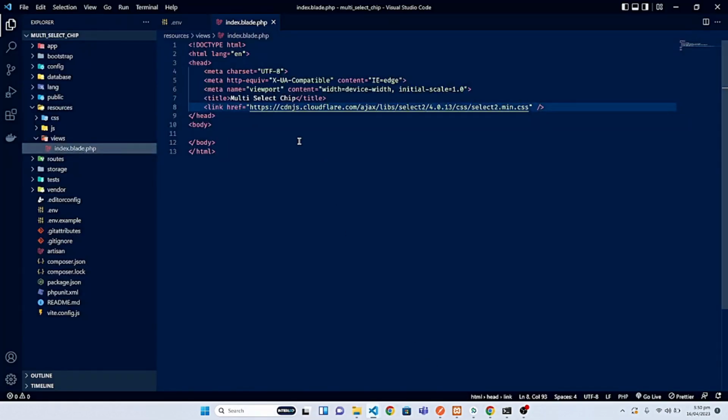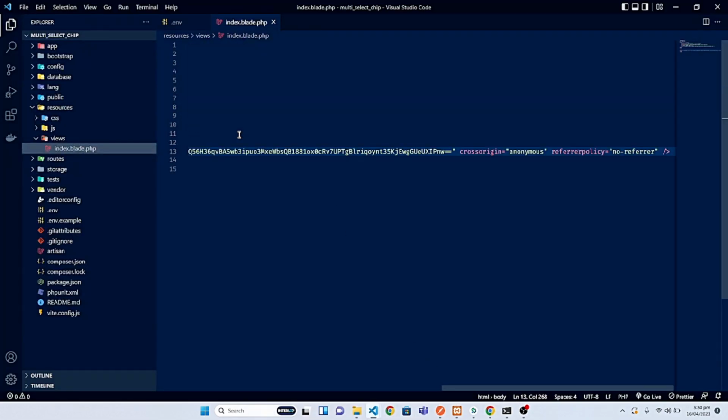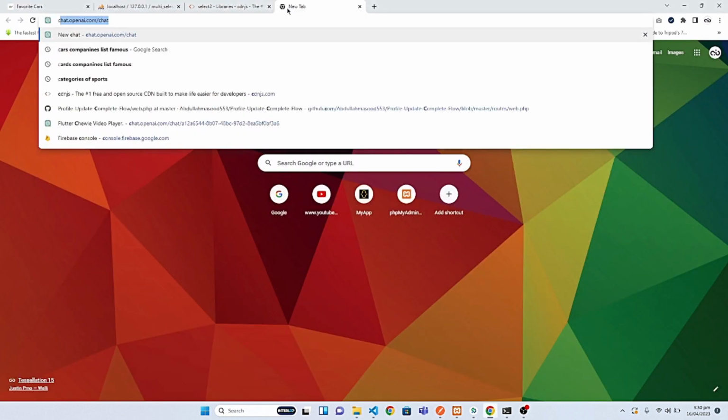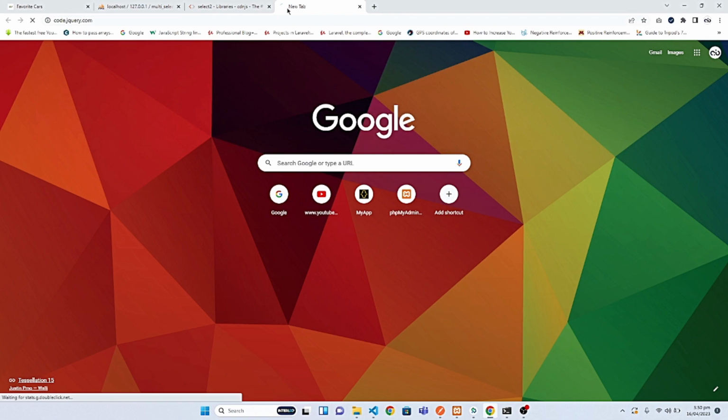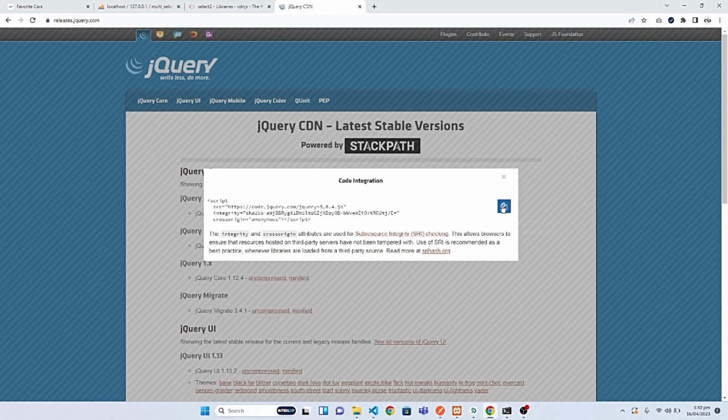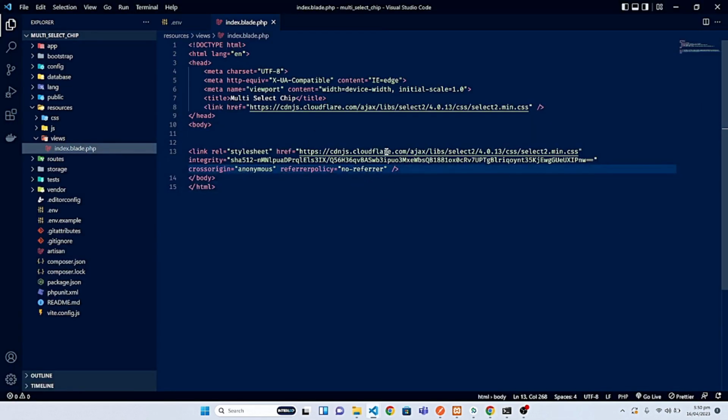All right, so right after the body tag, I'm going to use this one, and that's the CSS. I also need the jQuery tag, so you can open up code.jQuery.com. You can pick up the CDN for the jQuery. That should be the uncompressed version. Copy that and simply add it